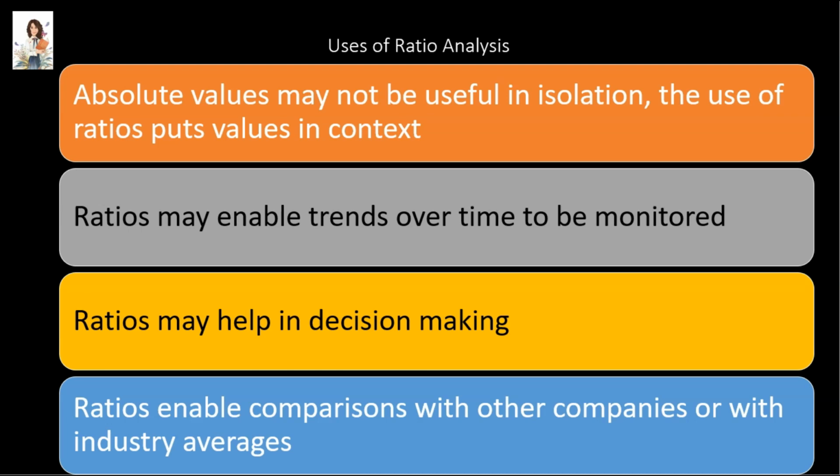Ratio analysis also allows identification of trends over a number of years. Based on these trends, decisions can be made, for example, whether operating expenses need to be controlled, whether credit period for trade receivables should be increased. Ratio analysis also allows comparison to be made with other similar businesses to know where a business stands.